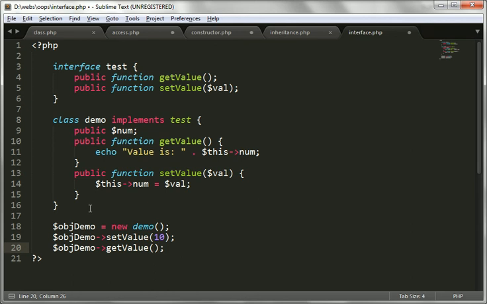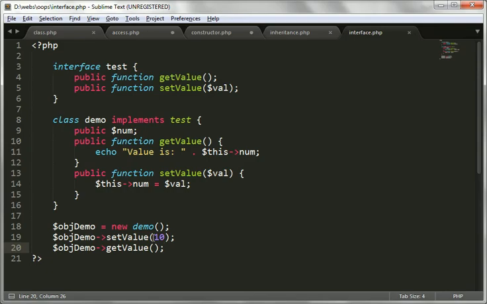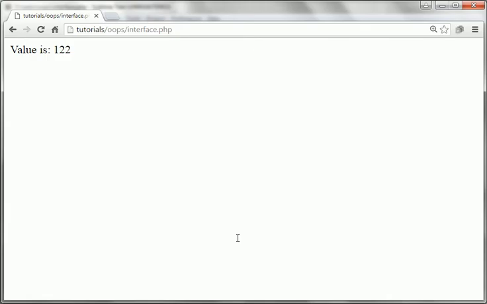Let's see the example. Just refresh this web page. Value is 10. Whatever value you pass from here, suppose we pass 122, we should get 122 here, right?